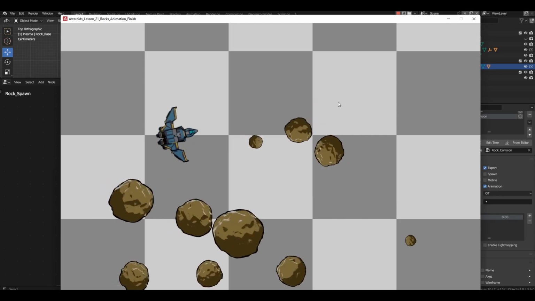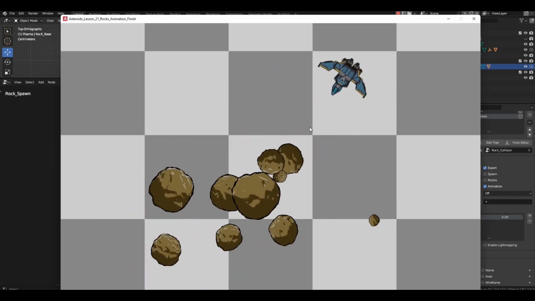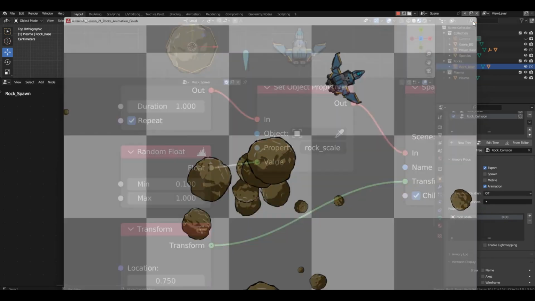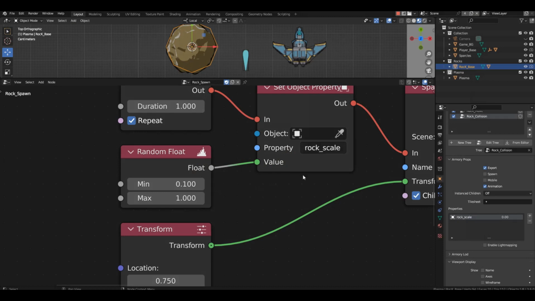Now we can reduce the scale range. We don't need small asteroids for now. Let's set the range from 0.7 to 1. Another way to add some randomness to the game is to set a rotation angle for the asteroids when they appear. This should not apply to the base, as the base should be strictly oriented towards the center of the screen. We will set a random angle for the asteroid image.